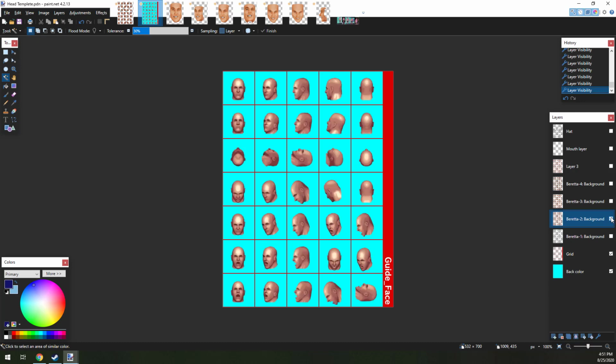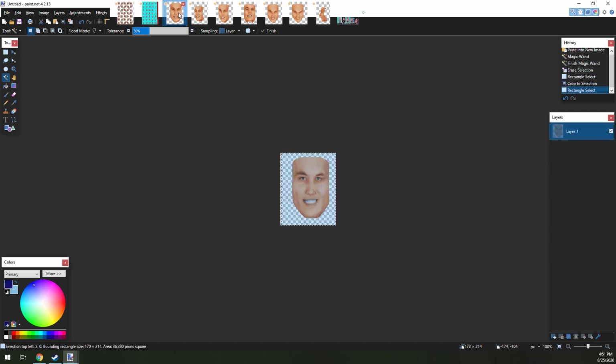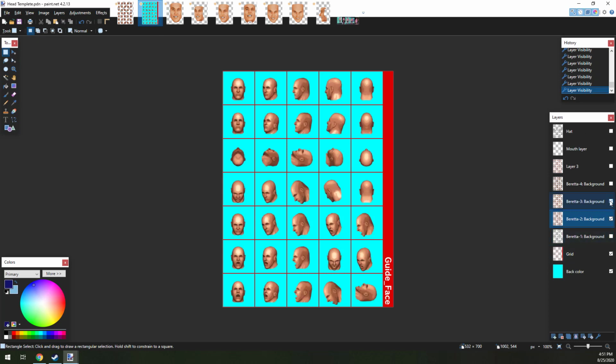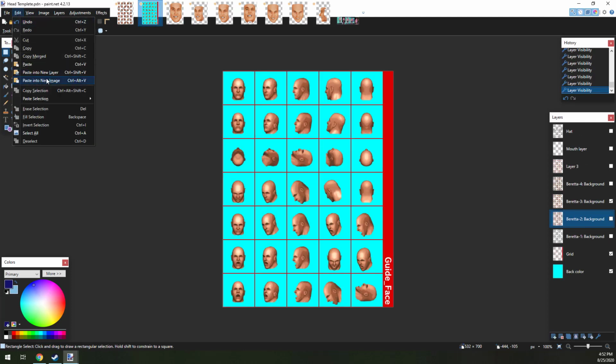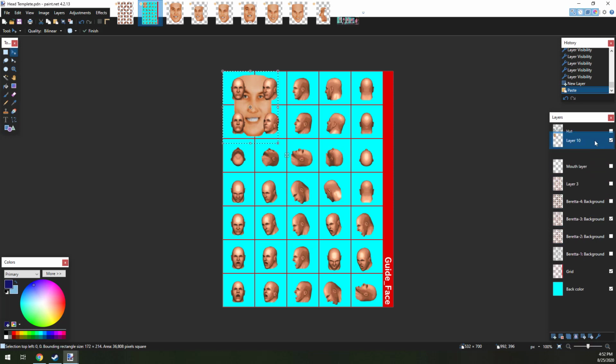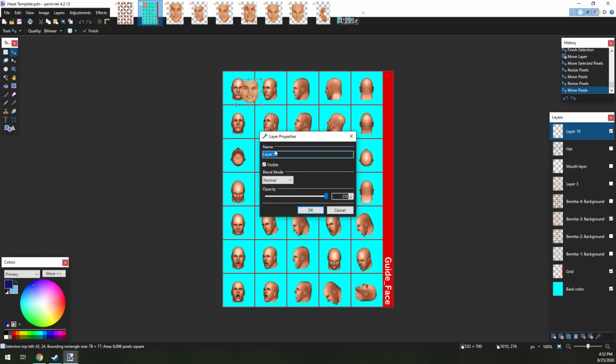For example, we're going to be doing Elegante. And as you can see, his pigment is a little bit more of a yellow than it is a red or a white. So let's try to take this. Okay, that's more of a yellow face, a little bit closer to a tan or a yellow. So we're going to go with that yellow face. We're going to copy this photo over and place it in the right location. We're going to move that up to the very top. And again, we're going to want to name our layer. I'm just going to put ELG